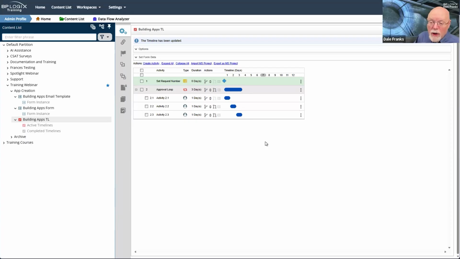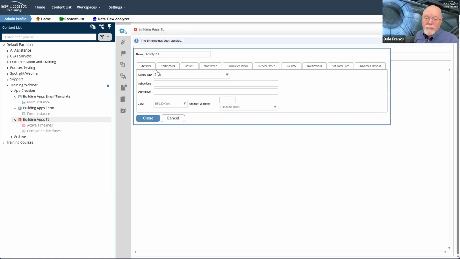And if I'm going to do resubmission, that means the very first activity that needs to take place in my approval loop is the initiator resubmittal. I wouldn't have to put this in if we didn't have the resubmit result. It would never go back to the submitter, so we would never have to configure this. But since we have configured it where it is possible to ask for the initiator to resubmit, I have to configure this activity appropriately. So we are going to change this to initiator resubmittal.